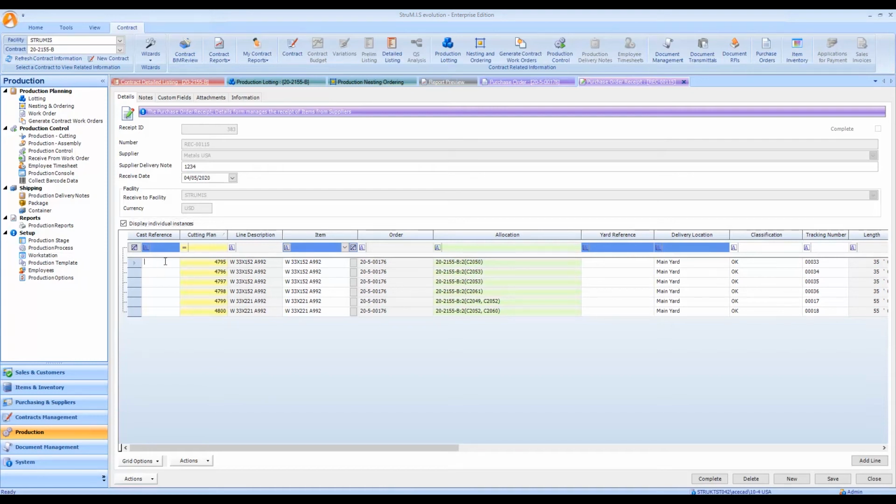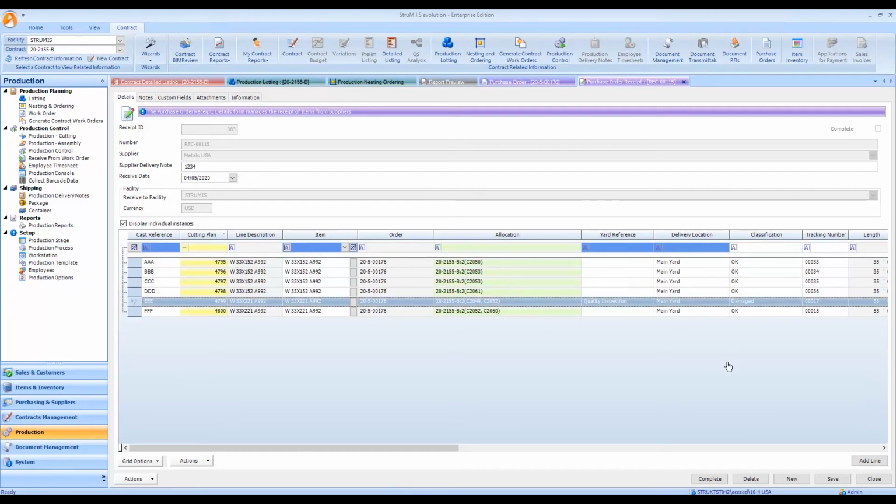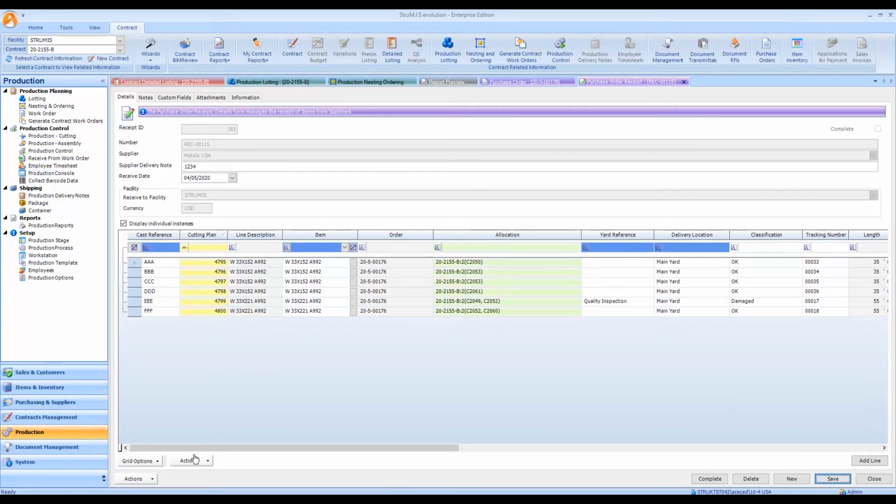So I'm going to add some cast references in here. Also, throughout the course of receipting this material, I'm going to state that I need to do a quality inspection on this line here, as it may very well have been damaged at the point of receipt. I'm doing that to look at some new functionality in purchase order returns in a moment, but it shows that we've got the classification variable in there as well that allows me to indicate if a bar is non-usable. So if I save that,